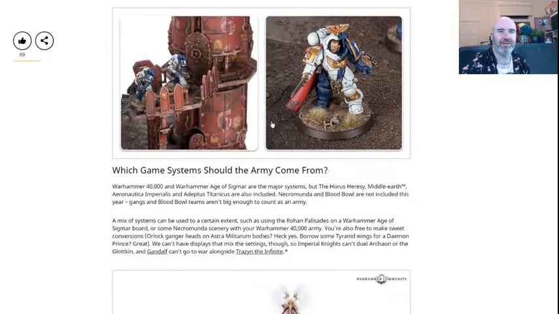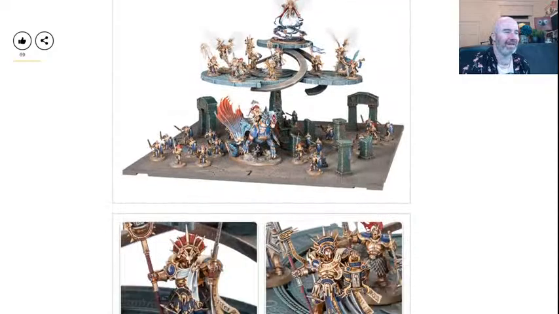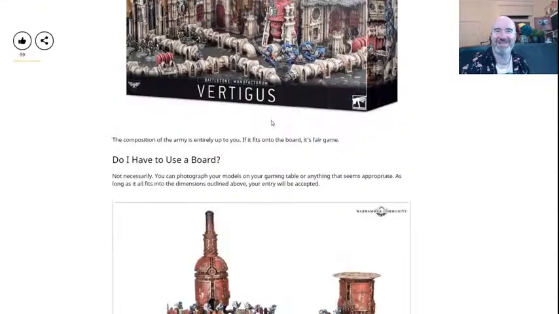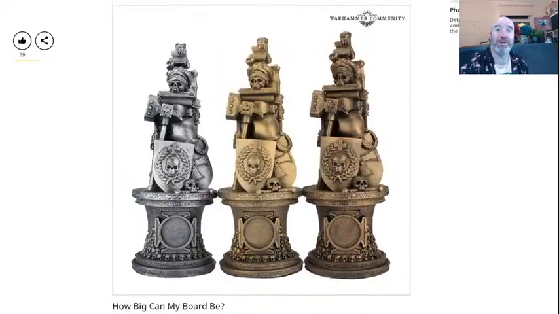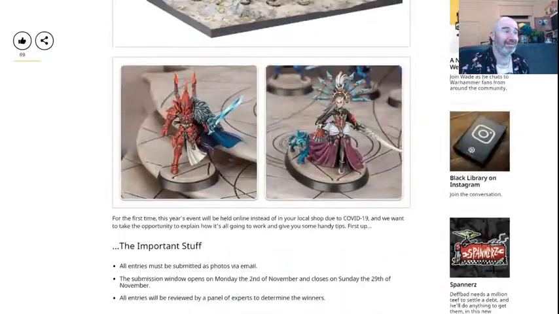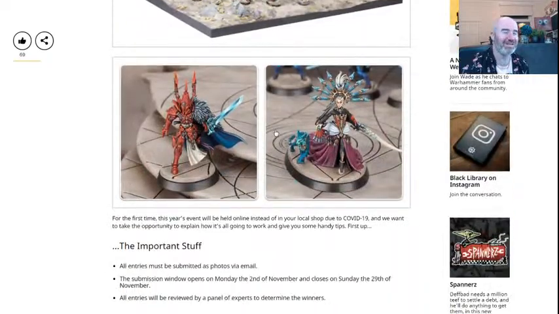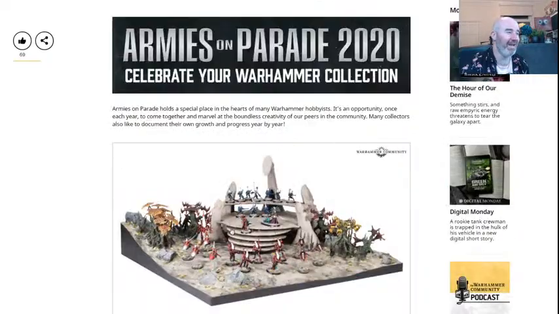I don't see a lot of Armies on Parade because I don't always go down to stores when they're being displayed. But I find personally, when it's a board that you've built yourself, it looks far more impressive. So like this Eldar one here, you can see it's...